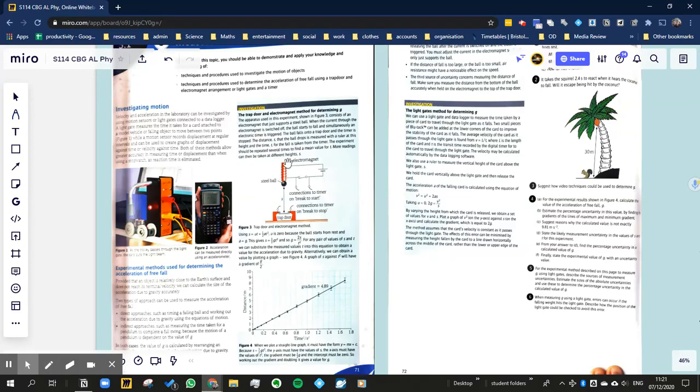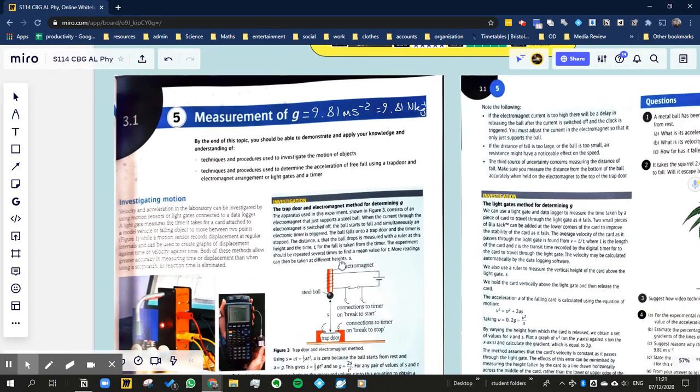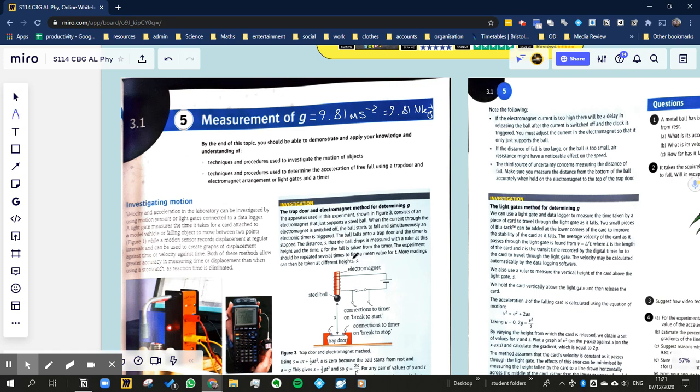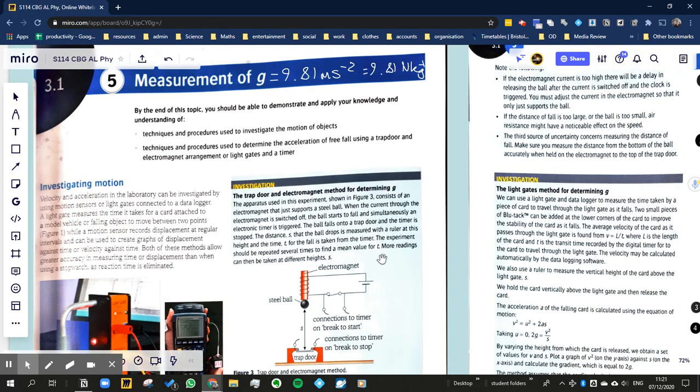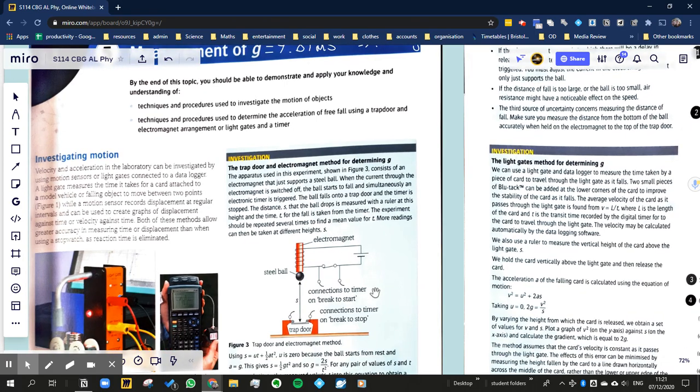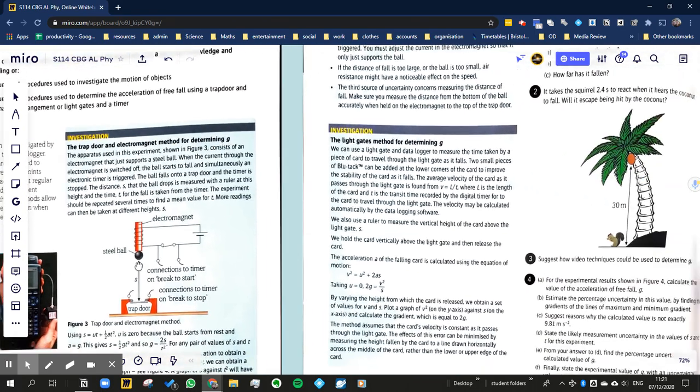Okay, so in the last video, we looked at why g is the acceleration in free fall. If you haven't seen the video, check that out before this one, is my suggestion, unless you already understand that, that's fine, obviously. We're going to look at how we would actually measure g now. We're going to come back to this method in a moment, but first of all, let's look at the